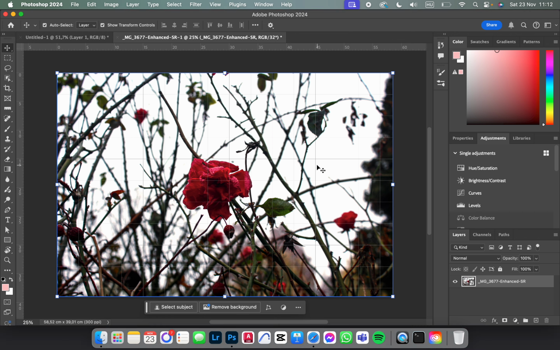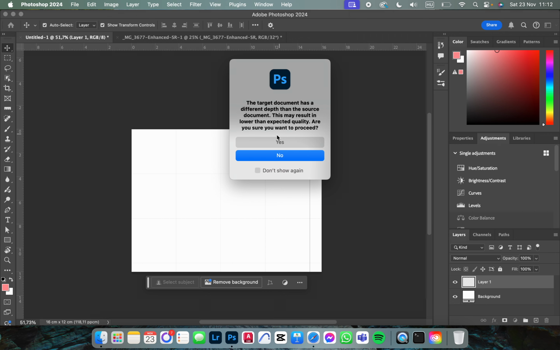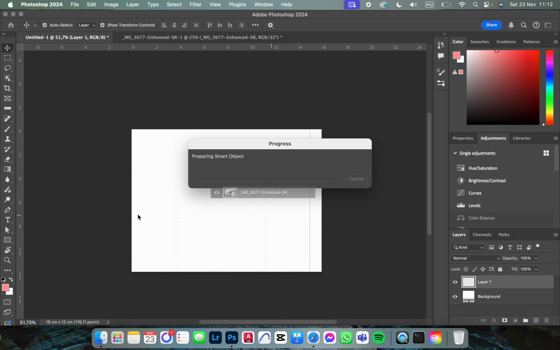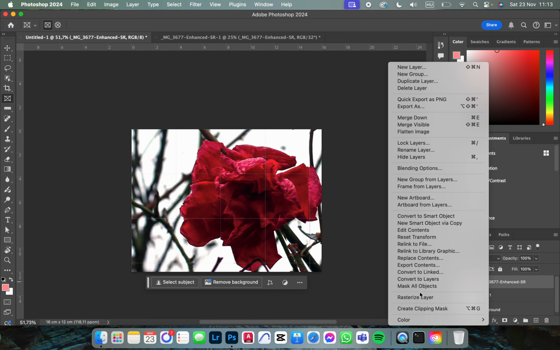From here we just click the layer, drag it to the other place, and drop it. And we click on yes, and here we will find the image after the app has loaded. As you can see, now we can transform this into,